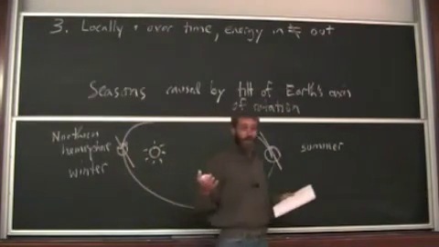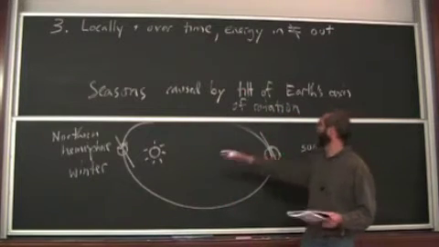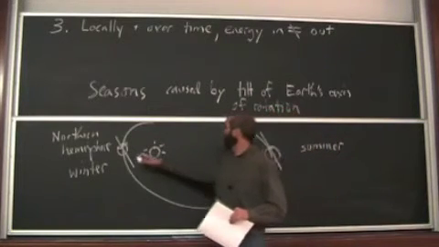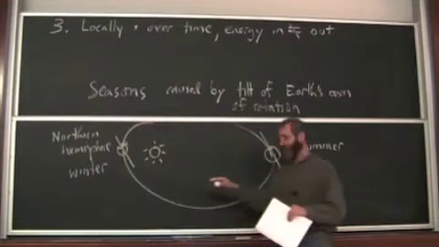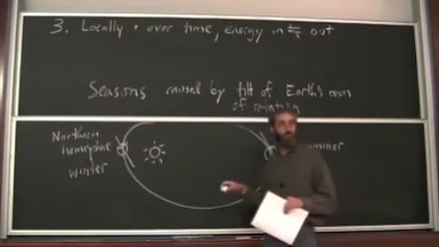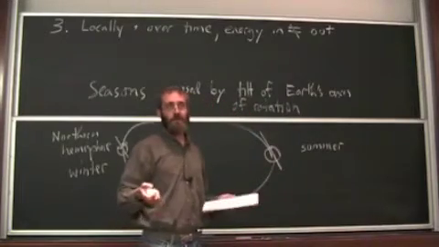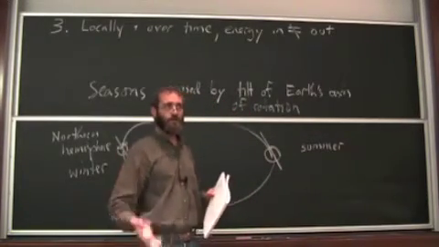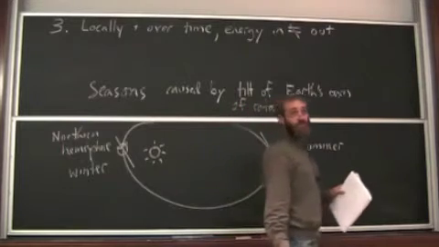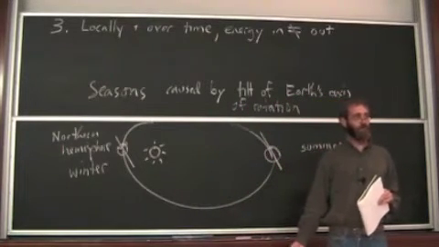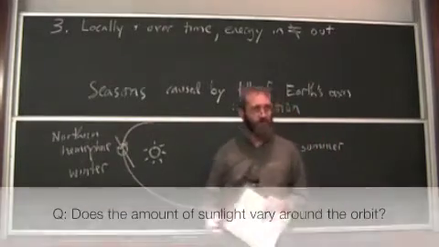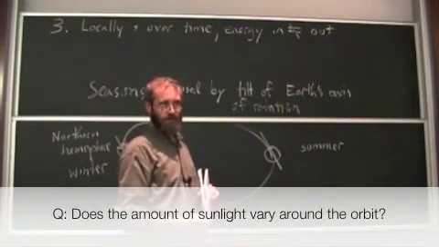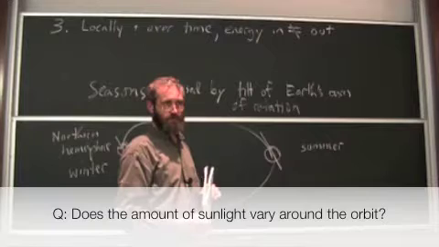And you can also imagine that if it was the distance from the Earth to the sun that controls the seasons, it would be summer for both hemispheres at the same time when you're close, and then winter for both hemispheres at the same time when you're far away, which is not how it is. The seasons are the opposite in Australia than they are here. So in December, they never have a white Christmas in Australia. It's always summertime.